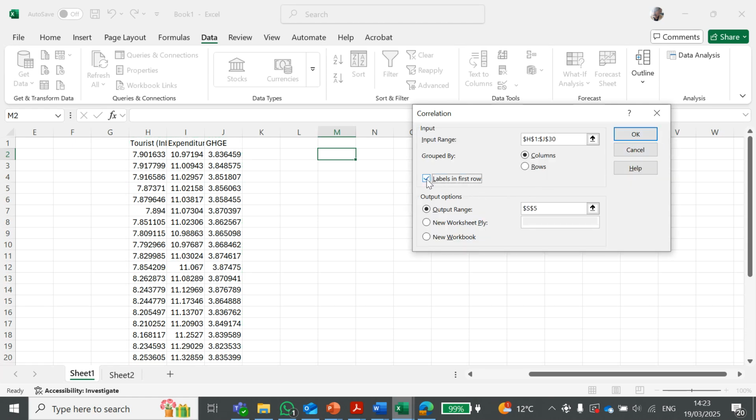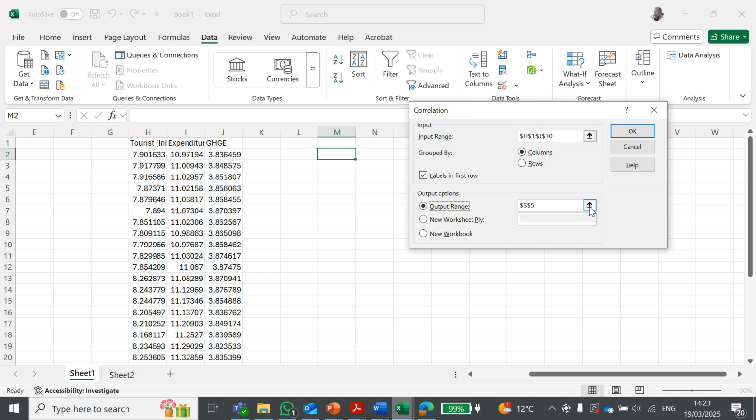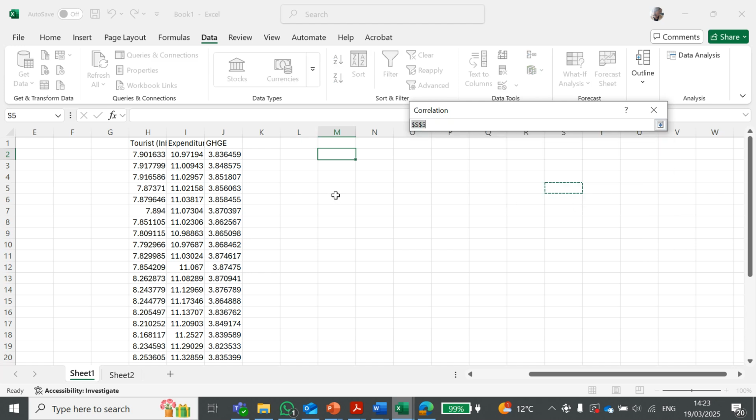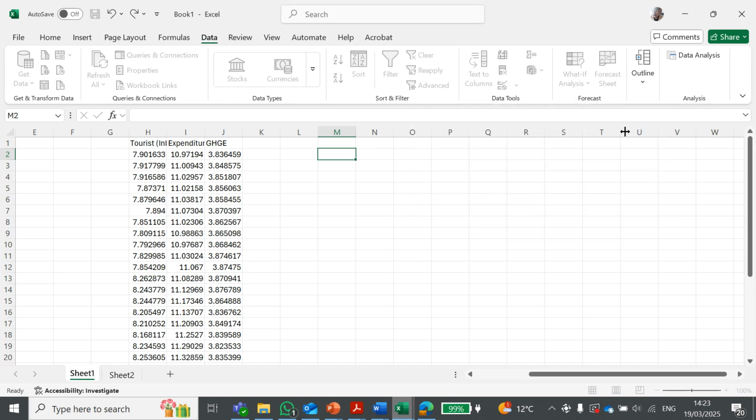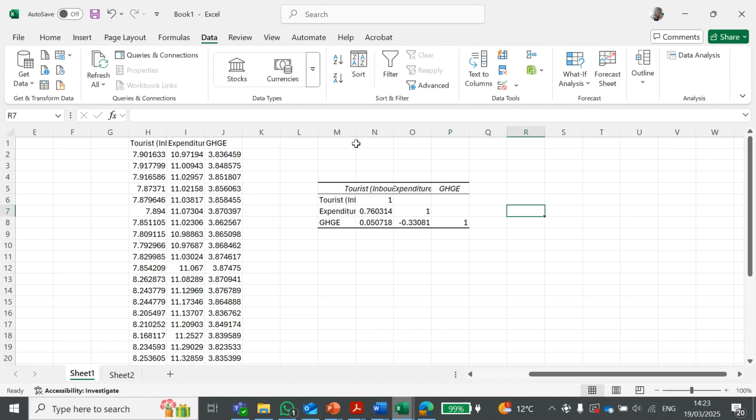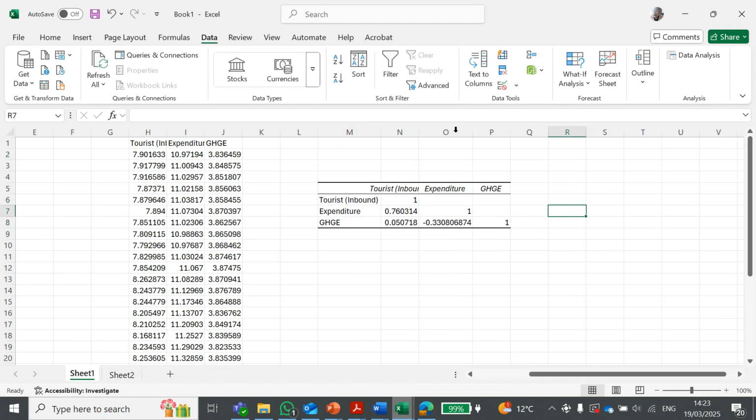Okay, and you must click this one, labels in the first row, because we already added labels inside our data series. So that's why you must click on this one. Output range: here you will click and describe the tab where you need the results. Again, I selected this one, and you select the empty tab, and then you will click again on this button, and if you click OK, you will find this